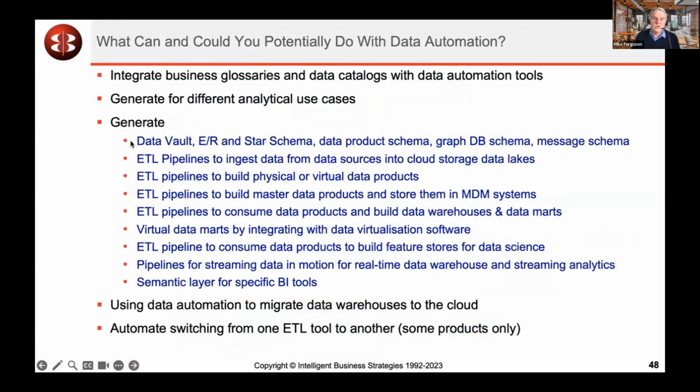And then you say, well, what could you do? Then you could say, well, I could take advantage of that metadata in the catalog. I can then generate for all kinds of analytical use cases, not just a warehouse. I can build feature stores for data science. I can build a graph database. I can build MDM systems. I can build physical data products, virtual data products. I can build data warehouses and data lakes like I've been able to do for a long time,